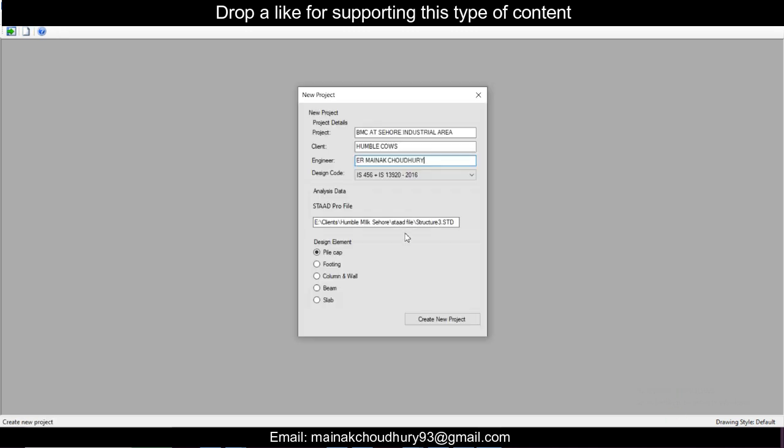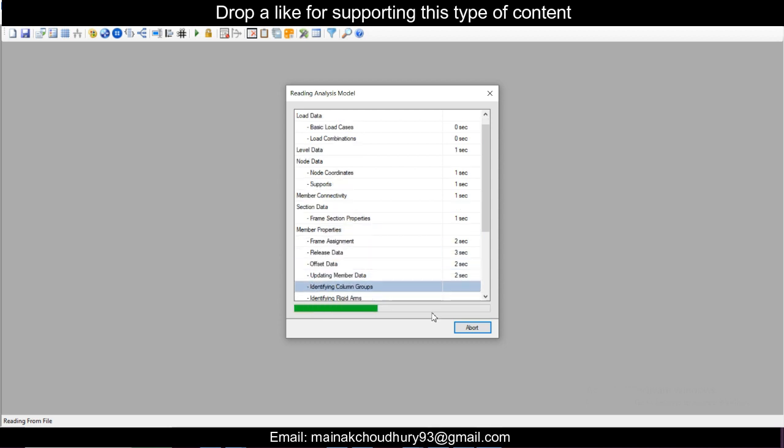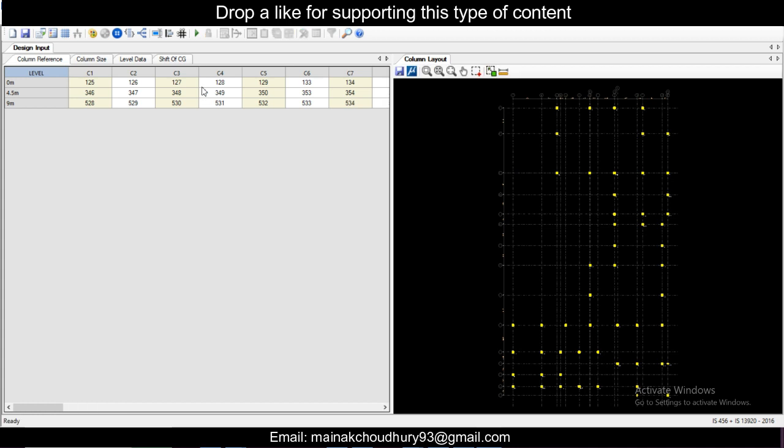I've selected this, and first of all we go for the column. We'll change the file location. The STAAD profile is this one, and just create a new project. If you open RCDC directly from STAAD Pro, the file will be created in the location where you have the STAAD file, in the same folder. Firstly, in the input data, we can change the